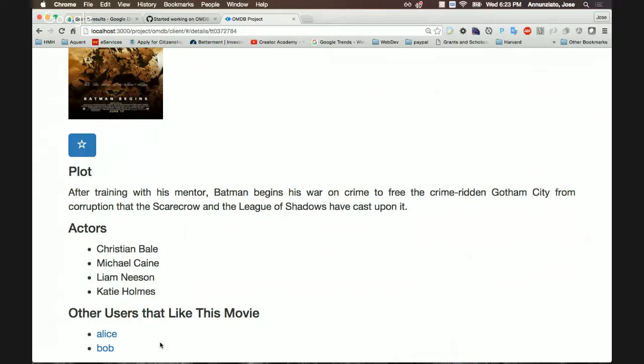Make sense? Right? So right now it's just that, but there are other relationships that I can create here, such as reviews. For instance, these are other people who have liked this movie. Under here, there could be another section that says reviews by other users, right? And this could be in the format where you have the review on the left-hand side and the user on the right-hand side, right? And maybe you can click on that user and again navigate to the profile of that user. Make sense? And